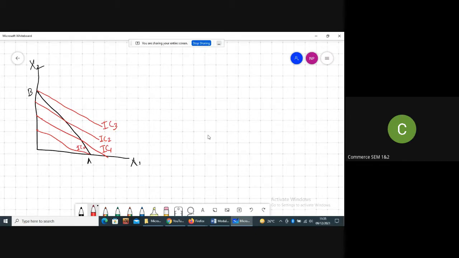No one. So the black line is your budget line. Mute করো।